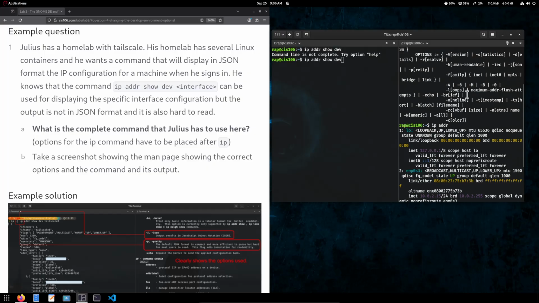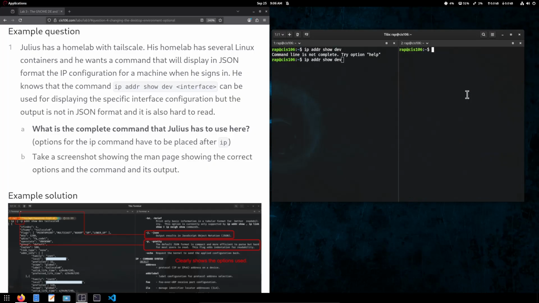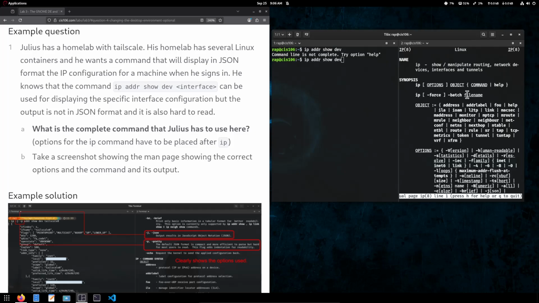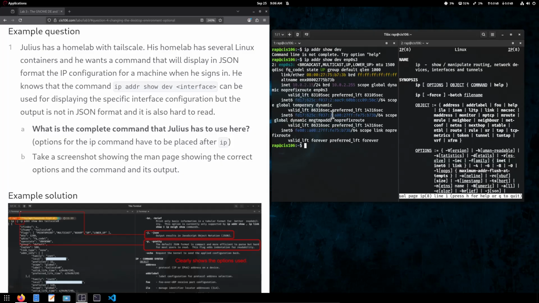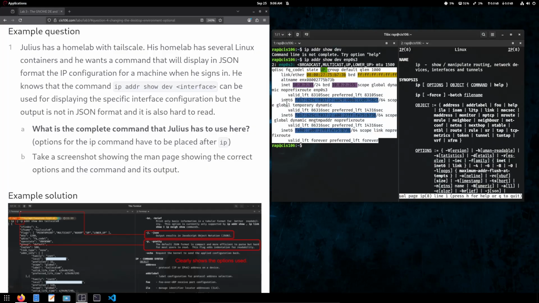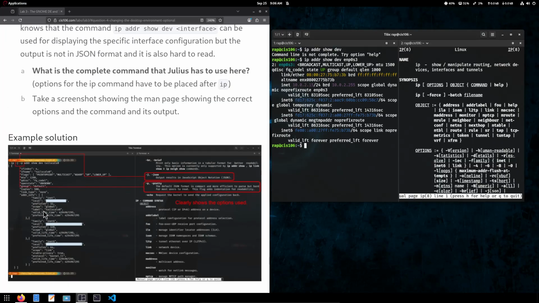This is the name of my interface. Let me clear again, and let's do man ip, right? So if I run this command here, I get to see, well, the IP address configuration of this virtual machine. The problem with this is that this output is too ugly, and he wants output that looks like this in